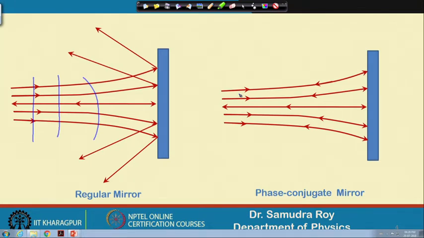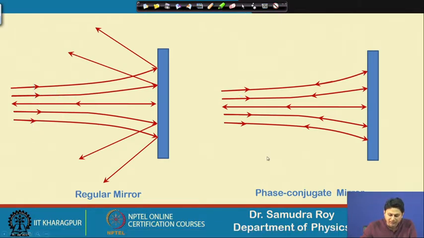So, distortion can be removed by this phase conjugated mirror, because whatever shape is coming to this mirror, after the reflection we will have a similar kind of phase. So, further distortion is not possible here. Since the light is propagating along the same path, that is an added advantage, and because of that we can find a distortion free system by suitably using these things.